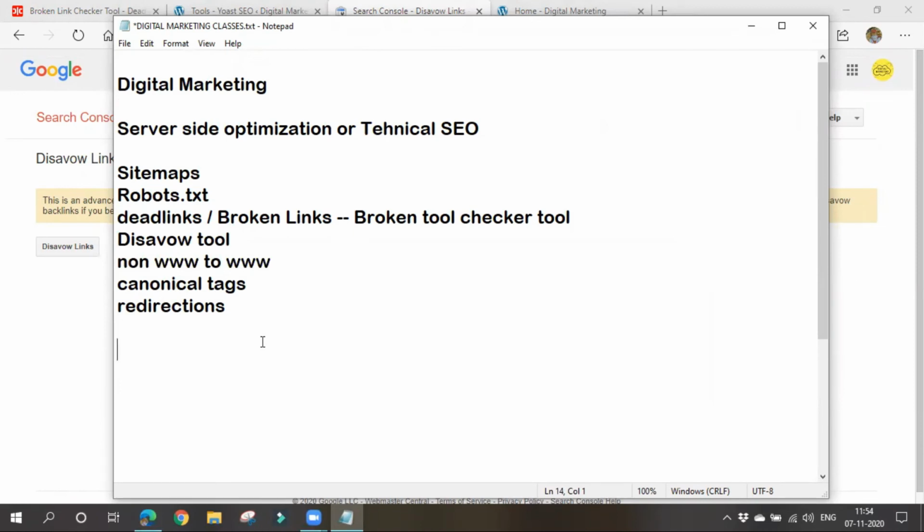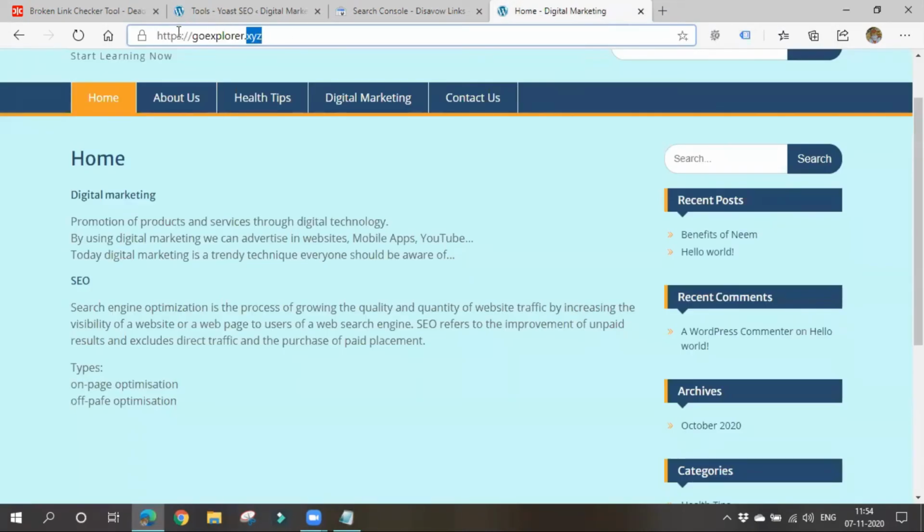There are many websites which have www and many which do not have www. For example, www.odmt.in. You might also see websites without www. Let me check with goexplorer whether it has it or not. See, it does not have www.